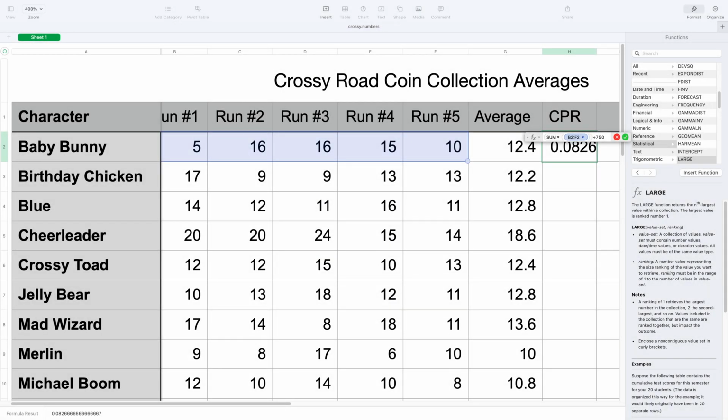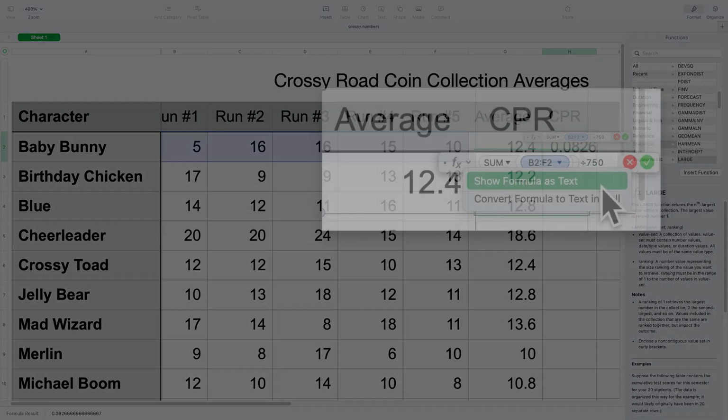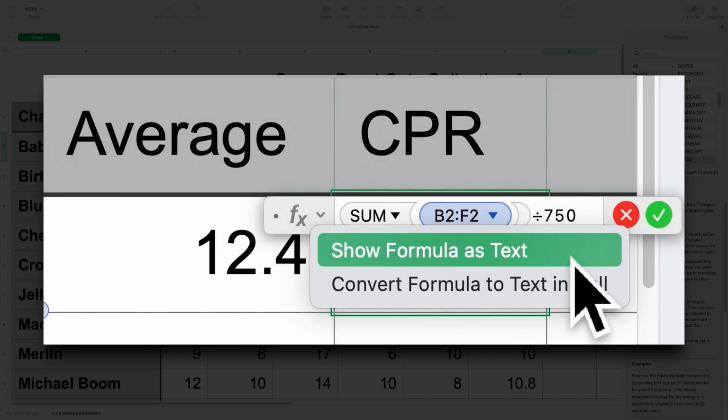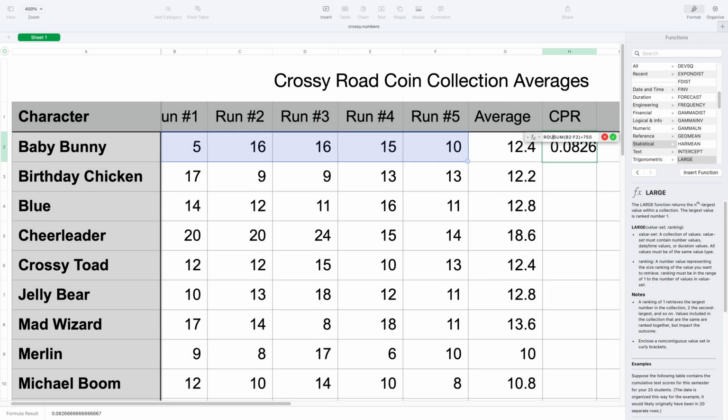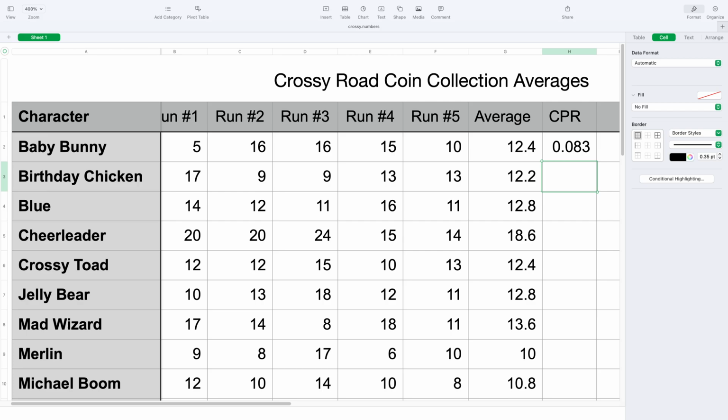This part is like high school math. Whatever is in the parentheses is calculated first. So, to avoid confusion, I like to use the Show Formula as Text option. The word round is typed at the start, with an opening parenthesis. At the end, a comma is added, the number 3, and a closing parenthesis. Done! The number was rounded to